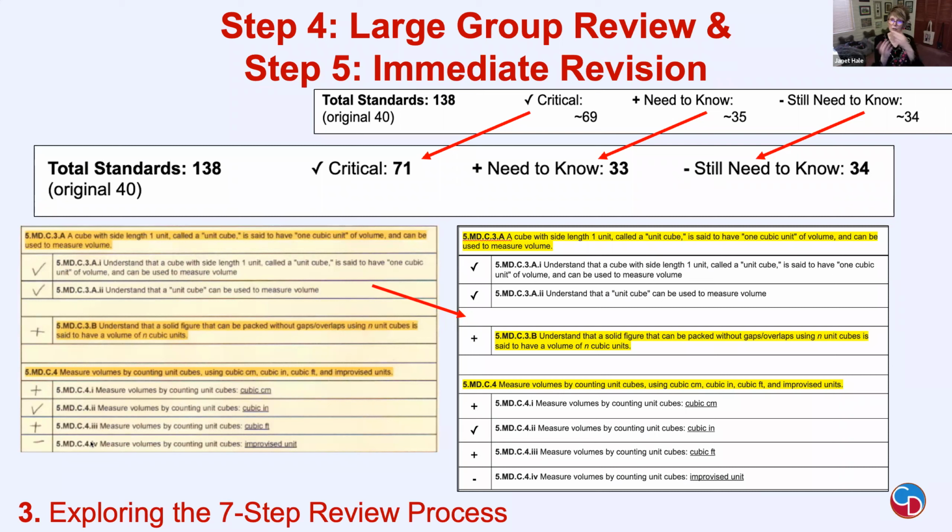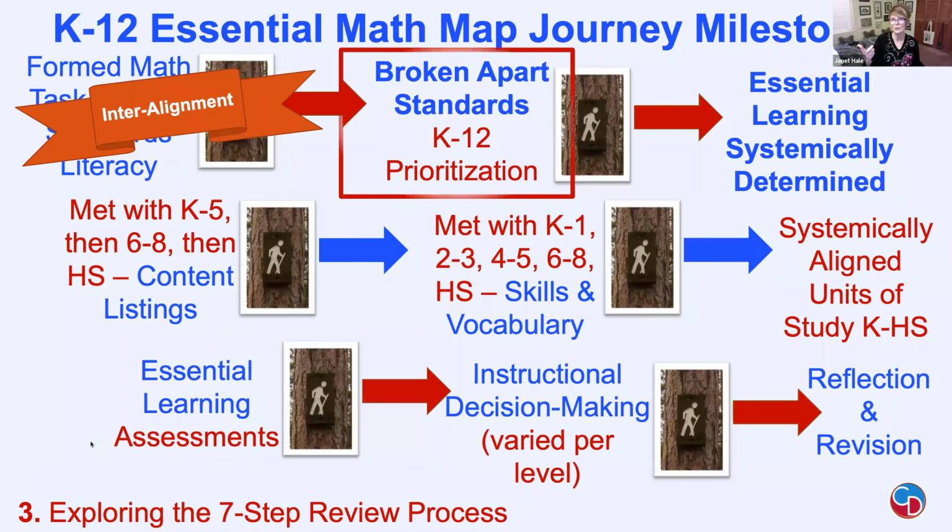And then the teachers across the grade level, get ready for this, only look at the dashes across the grade level and see if there's concern about those dashes and if things need to be adjusted per grade level. Because that's already the systemic work done with the standards, we don't need to go on to the next 2 pieces. So in this flow that I showed before we met, this is where that broken apart standard is.